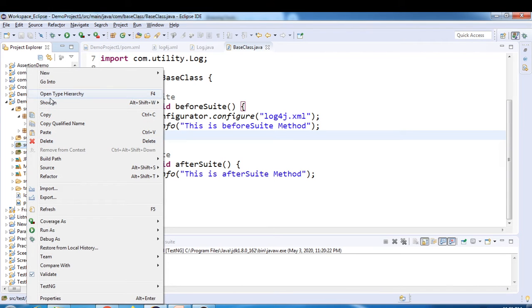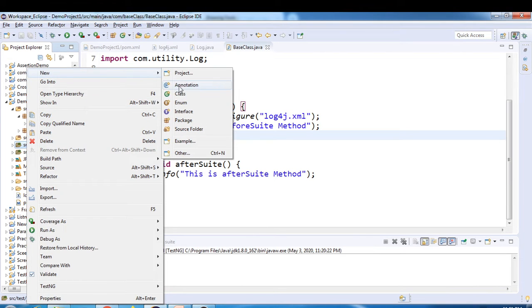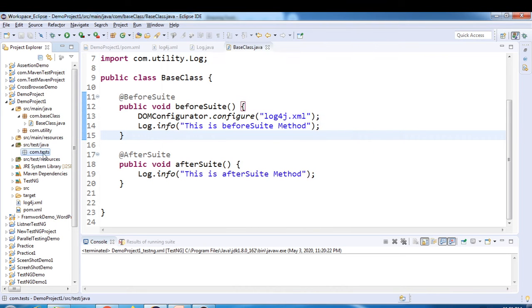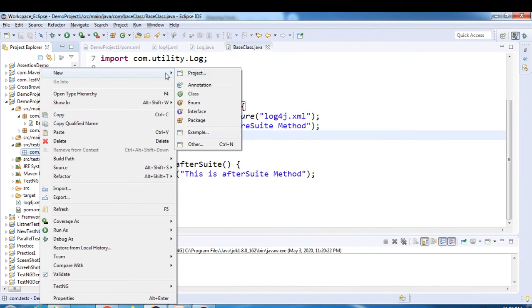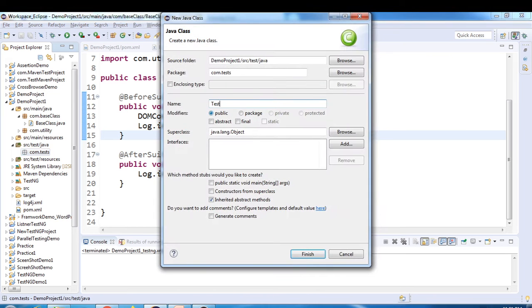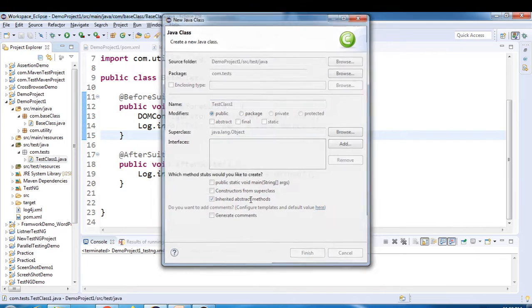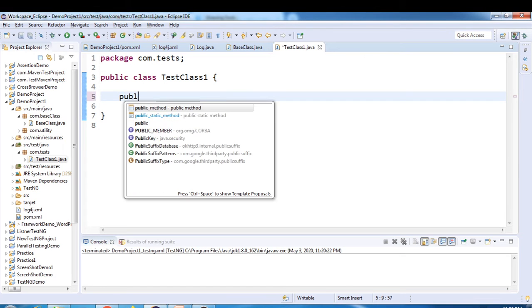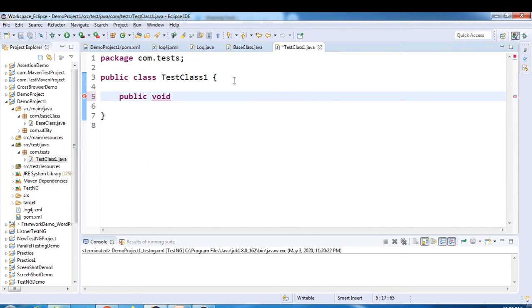Right click here, and let's create a package first, com dot tests. Click on finish, and inside this package I'll create a class called test class, let's say test class 1, and here I'll write some test cases. Public void test case 1,